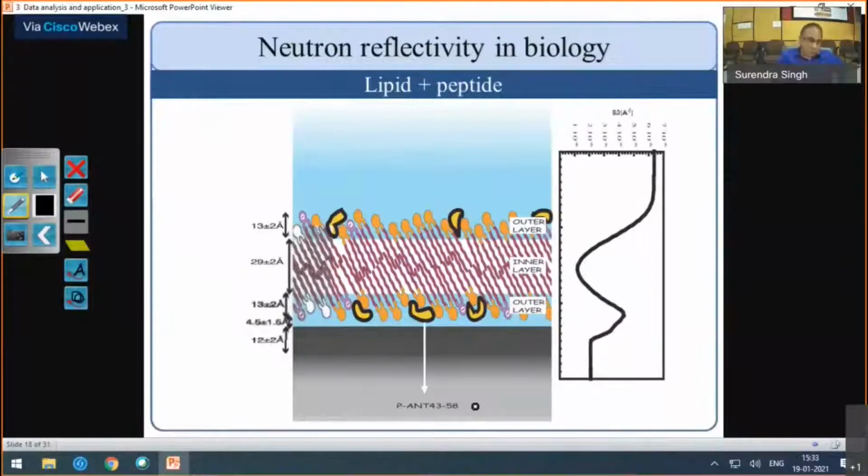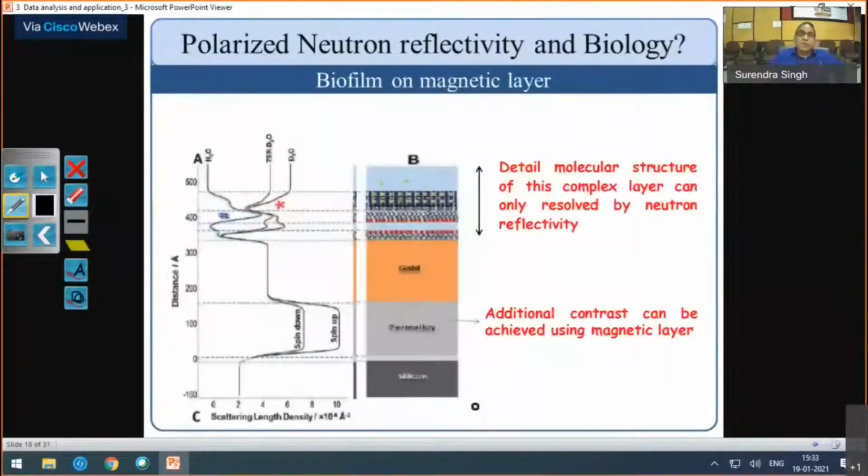Now this was unpolarized reflectivity. So another question is, can we do anything using polarized reflectivity? Any biological things, can we do? So here is one example. Here is the same lipid bilayer. We have silicon, then we have grown a magnetic sample, permalloy, this is nickel iron. Okay, here this is magnetic, and then they have used gold, and then they have used this lipid bilayer,